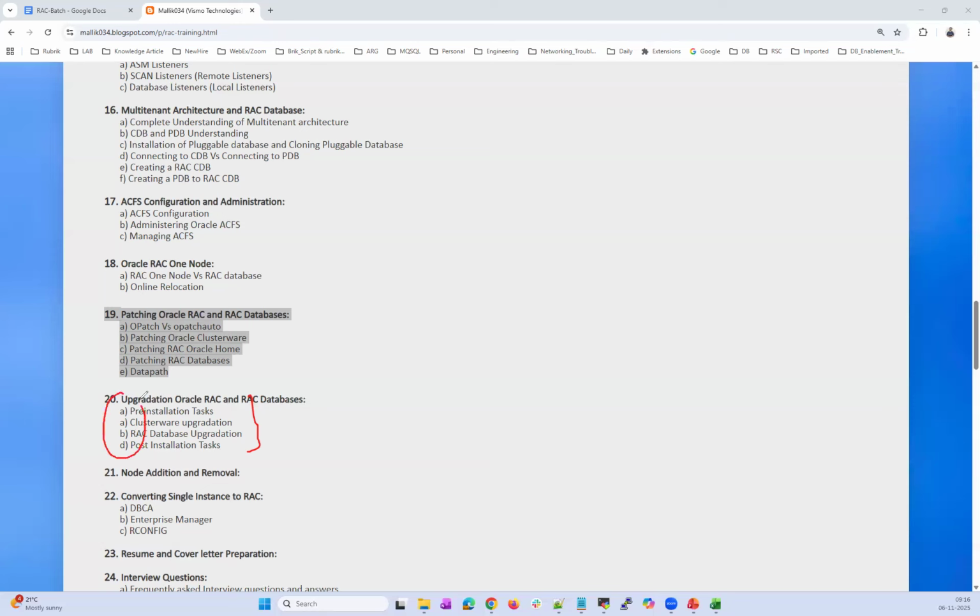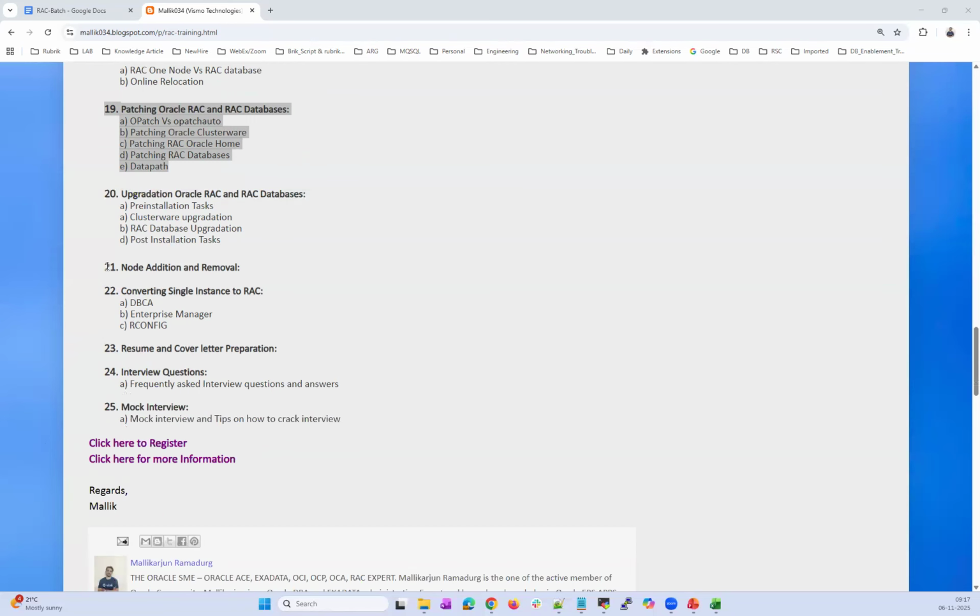And again, on top of that, what are the different methods of your upgrade? You have the command line method, you have the GUI method, you have AutoUpgrade, you have Perl script, shell script, you have the silent method upgrade. Which one is the best option? All those options will be demonstrated and explored in this upgrade concept, and that is specific to RAC database here.